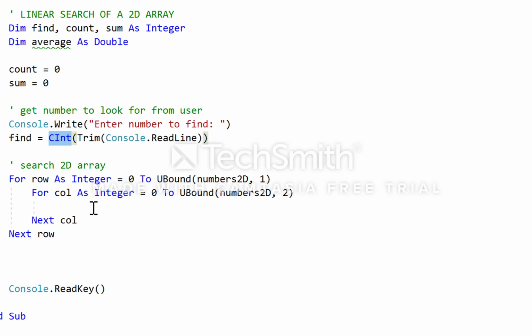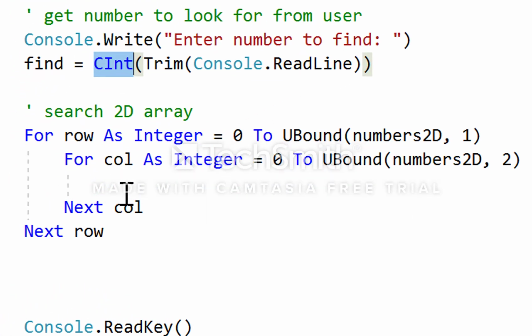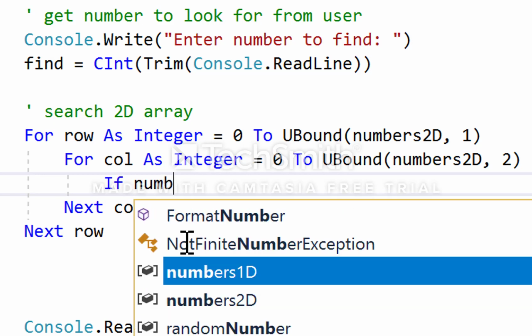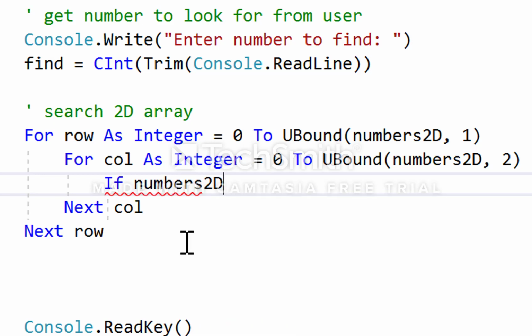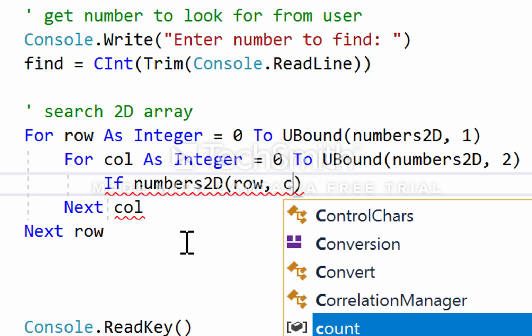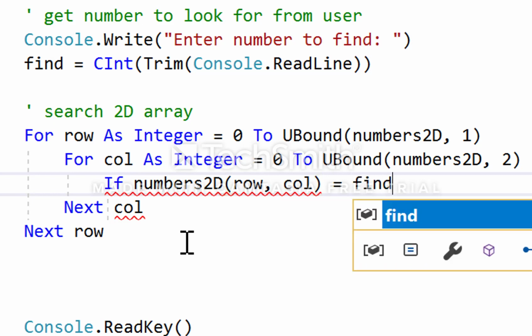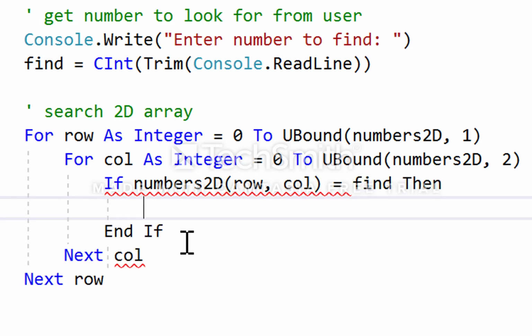Now we're going to perform the linear search. What we have here with the nested loop inside another for loop is we're going to set up the basic premise of a linear search, row by row and then column by column within each row. So what we're going to do is go something like this. If the value stored in the current cell where the two indices meet of this 2D array, if that's what we're looking for,